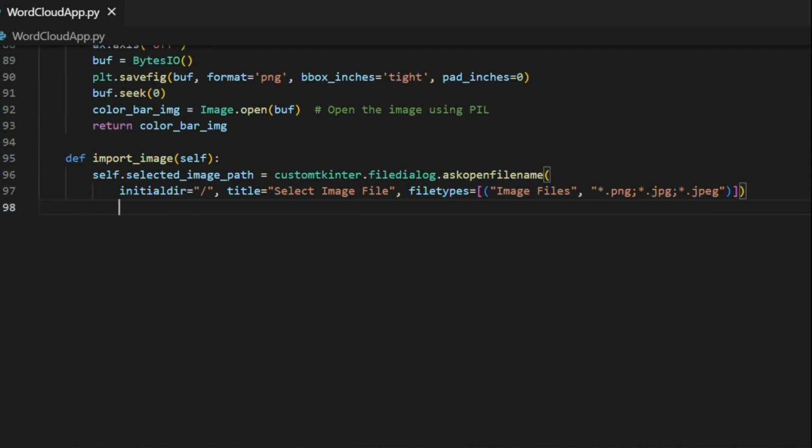Initialdir specifies the initial directory to be displayed when the file dialog box opens. Here, it's set to the root directory, but you can set it to any directory you prefer. The title sets the title of the file dialog box to select image file. This title will be displayed at the top of the dialog box. The filetypes argument specifies the types of files that can be selected. In this case, it allows only image files with extensions .png, .jpg, and .jpeg. The path of the selected image file is returned and assigned to